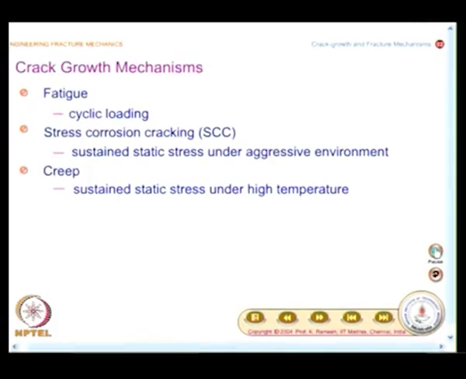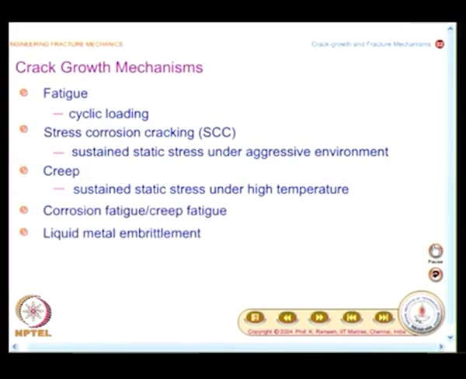So, you can have what is known as corrosion fatigue, a combination of corrosion and fatigue, and a combination of creep and fatigue, we call it creep fatigue. And you could also have liquid metal embrittlement. So, there could be many crack growth mechanisms,